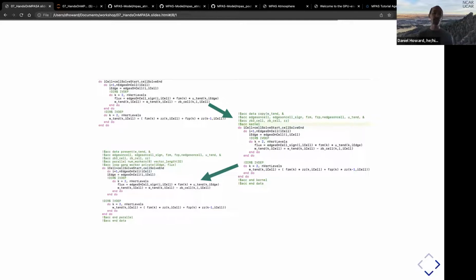Once we add the data present clause, that just tells that kernel that the data is already present on the GPU and does not need to be moved. Of course, you as the programmer will need to make sure that somewhere else in the code, data has already been moved onto the GPU for you, or you might have been relying on the GPU managed flag. Nonetheless, if you want optimal code, it's important to be thinking about where your data is resident throughout the runtime,